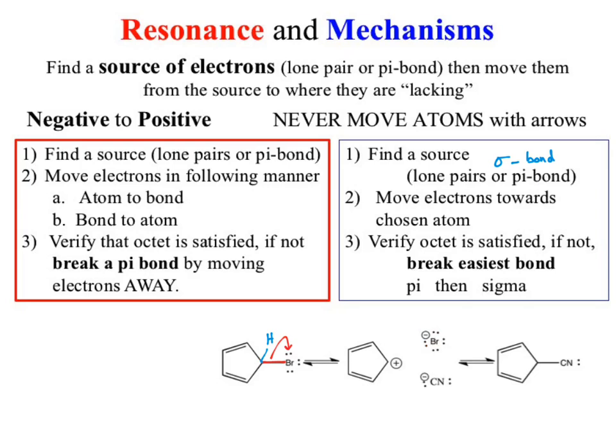At that point, we would now evaluate a new structure and say, well, what could possibly happen here? Okay? Well, I've got a negative bromine and I have a positive carbon. Are those things stable? No, why not? They're charged, so I would ultimately want to stabilize them. How could I stabilize them? Okay, I could form a bond, which would mean I would need